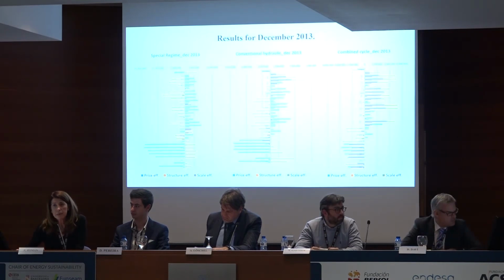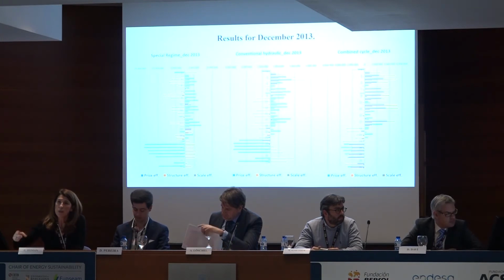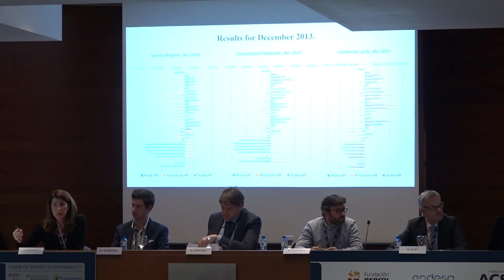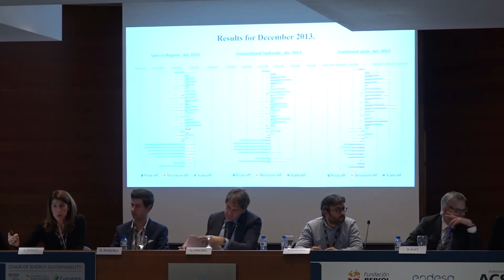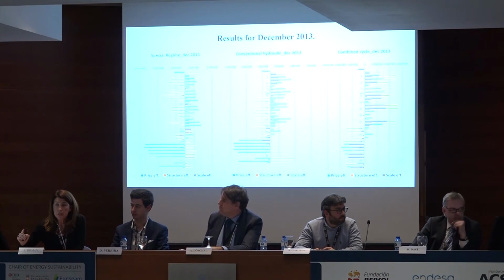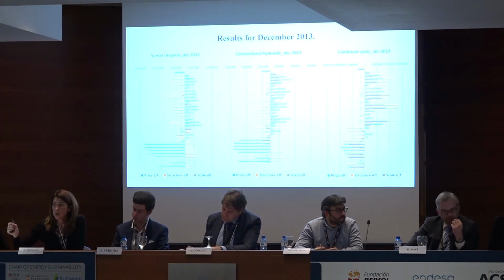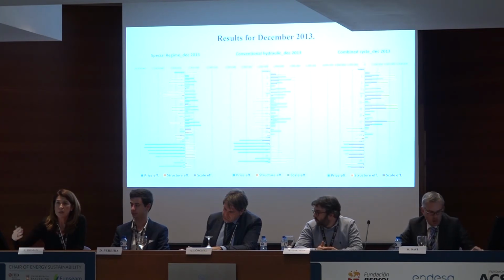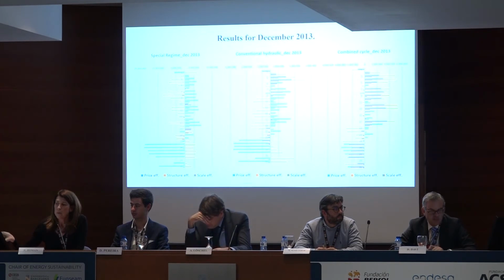During the month of December, we can look at the same steps that we did before. In the first days of December, we can look between the 2nd and the 5th. Of course, again, the scale effect in gray is positive, and the special regime structure effect is negative. So this means that between the 2nd and the 5th, the special regime couldn't supply this energy, so it was supplemented by the conventional hydraulic and combined cycle. There was no problem. But what happened